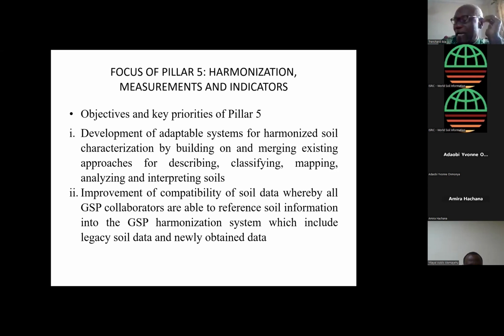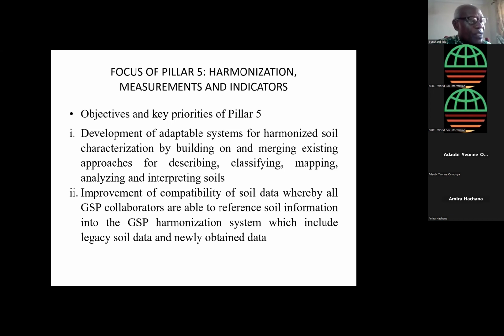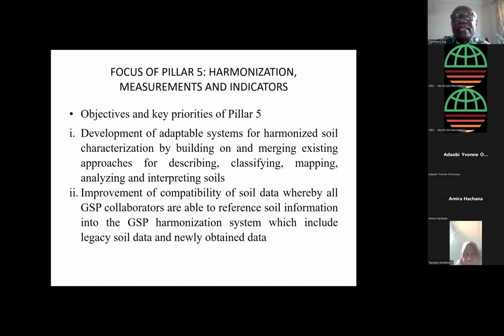and key priorities, are the development of adaptable systems for harmonized soil characterization by building on and merging existing approaches for describing, classifying, mapping, analyzing, and interpreting soils. The second objective of Pillar 5 is improvement of compatibility of soil data, whereby all Global Soil Partnership collaborators are able to reference soil information into the GSP harmonization system, which includes legacy soil data and newly obtained